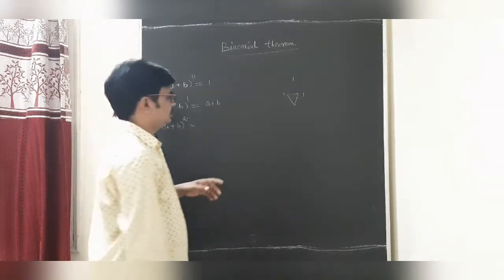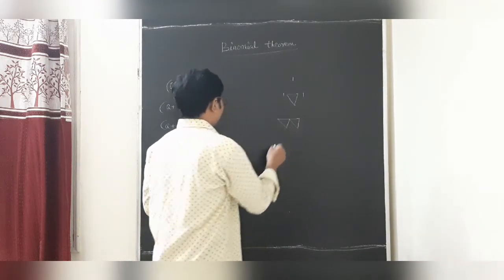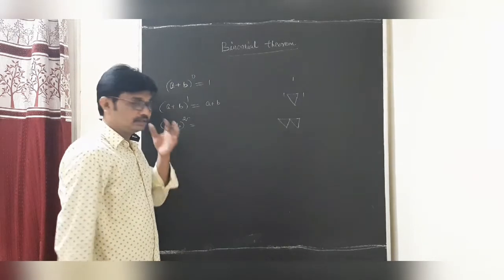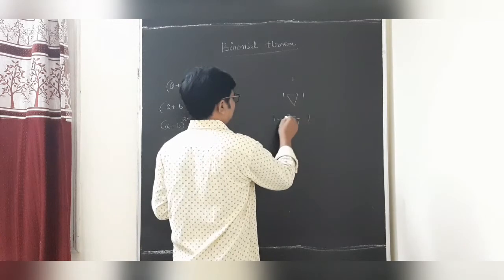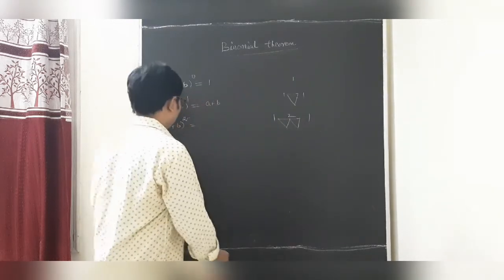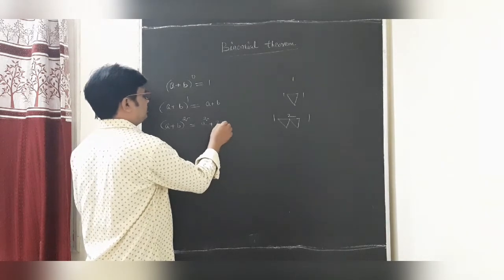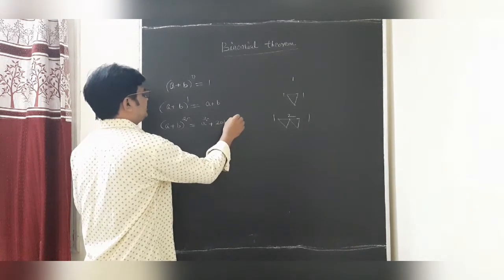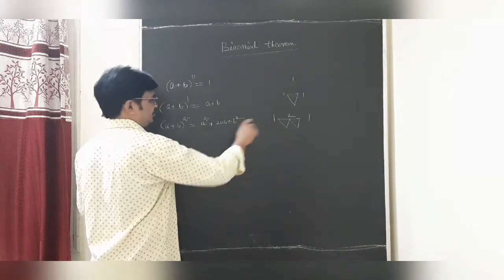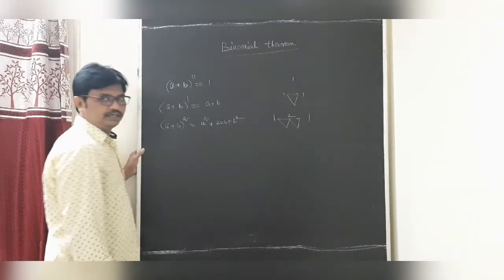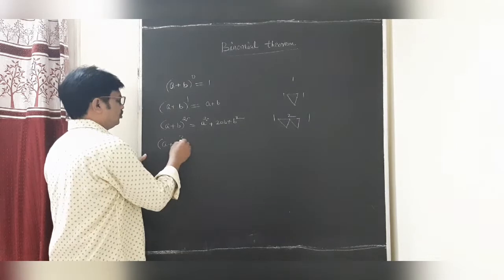Right now we are taking the two triangles, because the index is 2. So 1 1, and 1 plus 1 is 2. These are the coefficients of the binomial. We know that a square plus 2ab plus b square. Yes or no, students? The coefficient of a square is 1, the coefficient of ab is 2, and the coefficient of b square is 1. After that, a plus b whole cube.